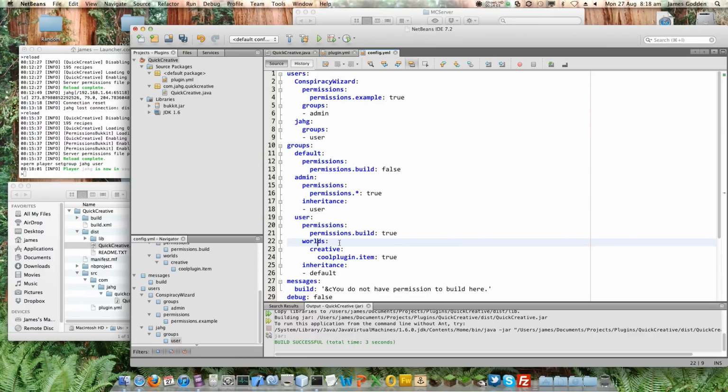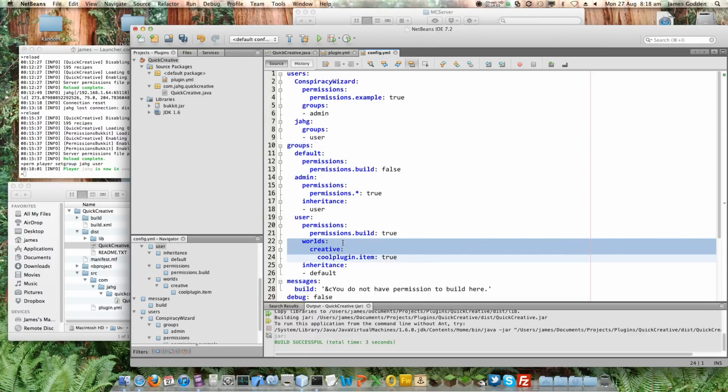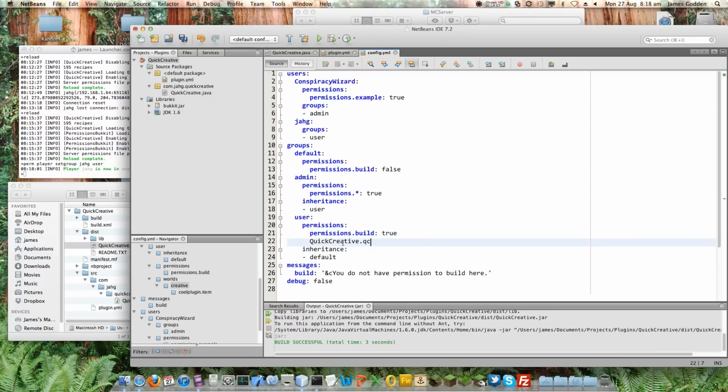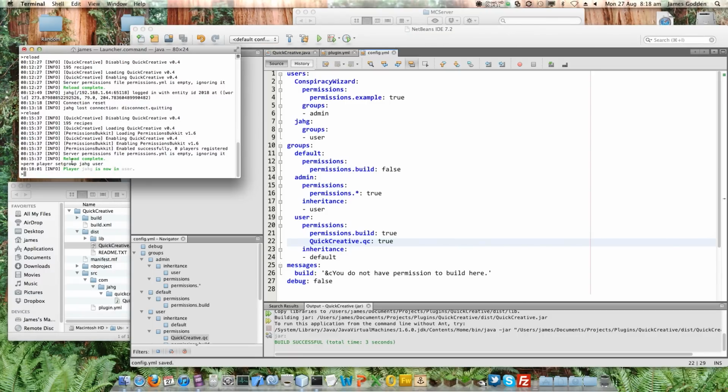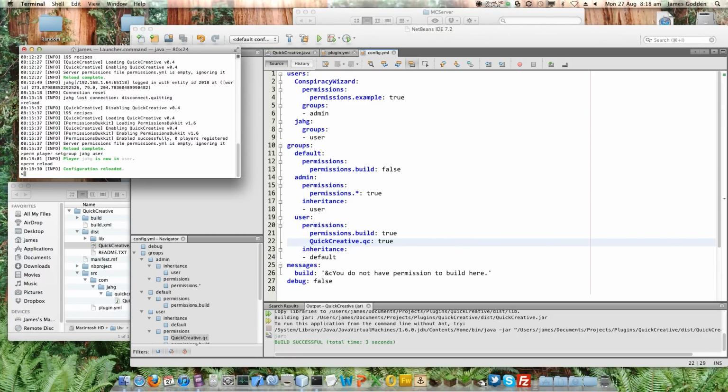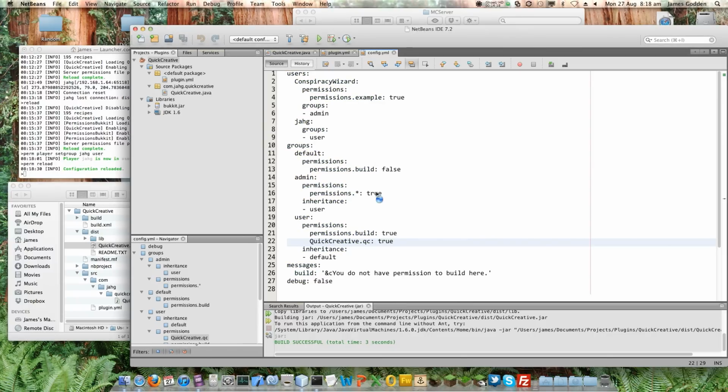What did I delete before? I deleted this and replaced it with my own permission. There we go. Right, so I'm going to save that. The other one you're going to need is perm reload, and it reloads the permissions from the file. There we go. It hasn't rewritten my file that time. Okay, so there we go. That's the permissions thing dealt with correctly. I'm going to leave that there for a moment. This is the permission we're interested in adding to our plugin.